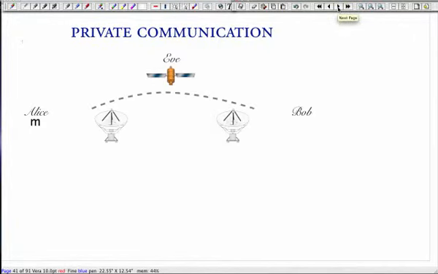So I come to this following question of private communication where randomization is critical, and I'll show you this in several steps. So private communication, one is Alice, one is Bob. Alice wants to send this message to Bob, but Eve is eavesdropping, and we want to try to do this in a way that Eve doesn't learn what that message is. And of course, describing what it means not to learn what that message is takes a whole lecture, takes a lot of framework to get a good idea, but this is the gist.